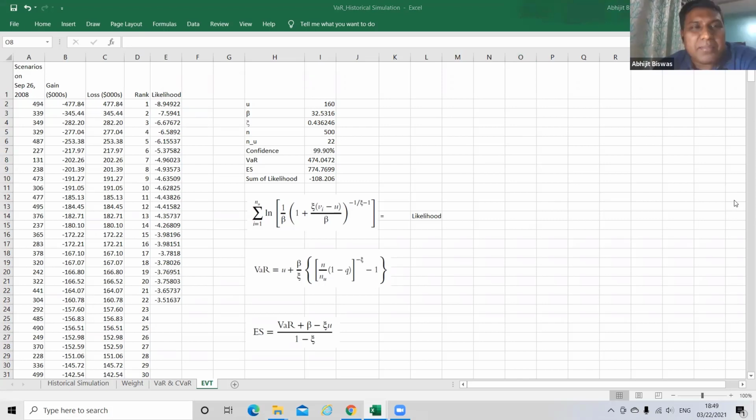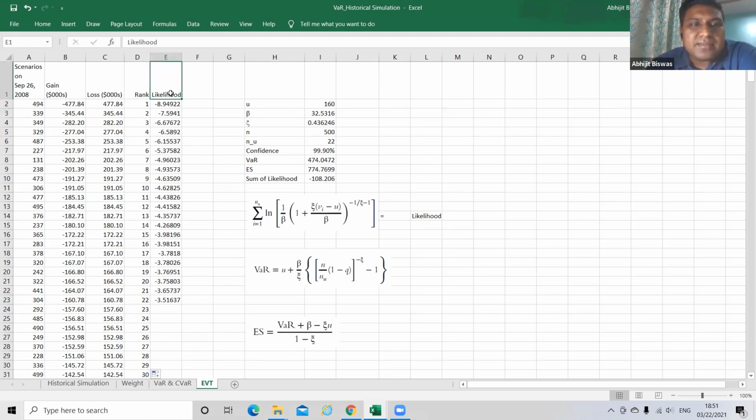That's it. Come to column D, name it as rank and just give the rank. So first one will be first rank, then second rank, and so on. You can just do it like this: first type 1 and 2, then select both and double click on the plus sign. So automatically it will give you the rank. Okay.